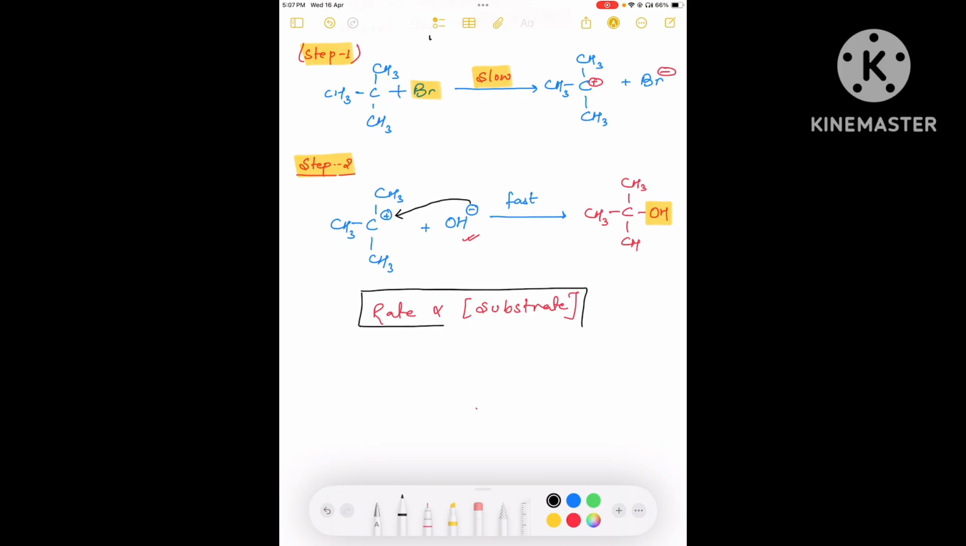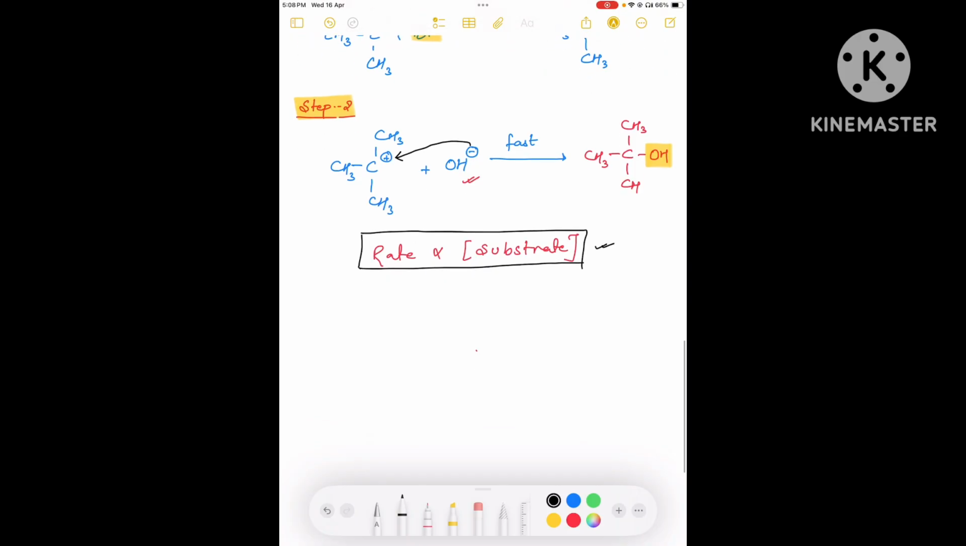Okay. So what you need to remember is SN1 is a double step reaction. First, there will be dissociation. Second, it will be association. In SN1 reaction, the rate depends only on the substrate. Hence, it is known as SN1 because it is only dependent on the substrate. Okay. Now, let's move on to